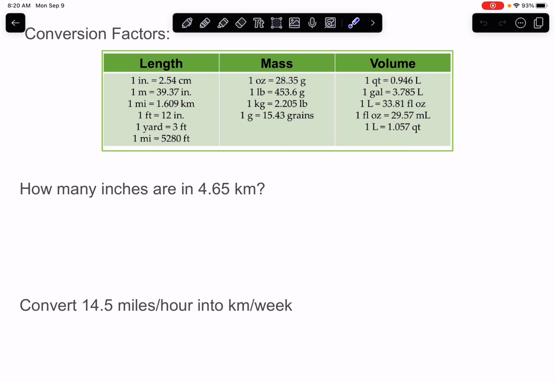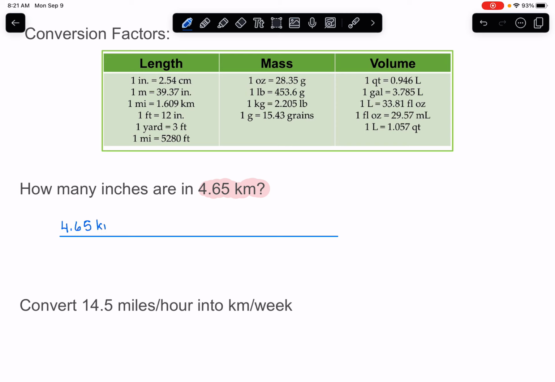These are usually going to be things that you just have to look up or you'll be provided on a table. So the first problem here says, how many inches are in 4.65 kilometers? So the first thing you always want to do is set up the horizontal line down the middle. This is going to be where we are setting up the actual dimensional analysis. So this is one thing I will be looking for when you are setting these up, is that big long horizontal line. The number that is given to you in the actual question itself, 4.65 kilometers, is going to go here